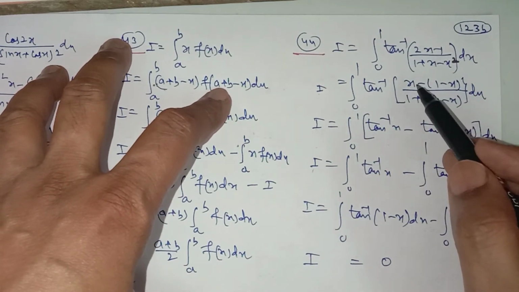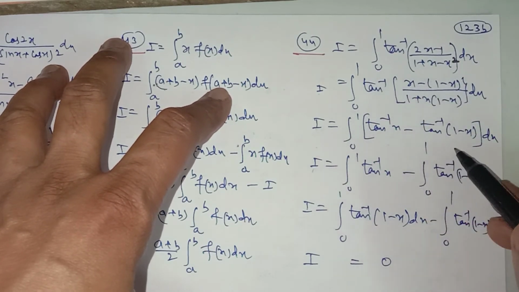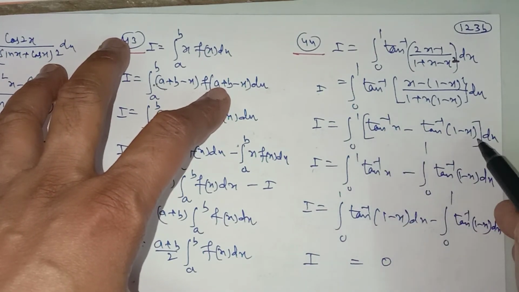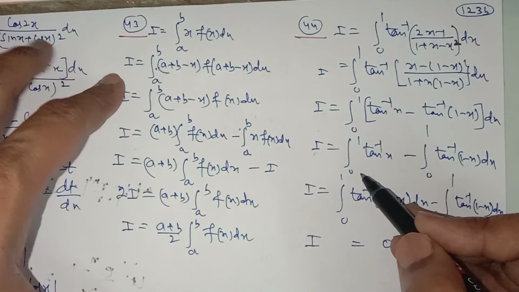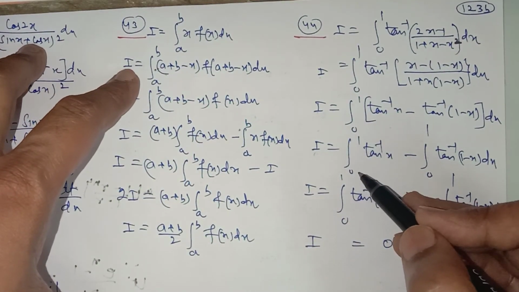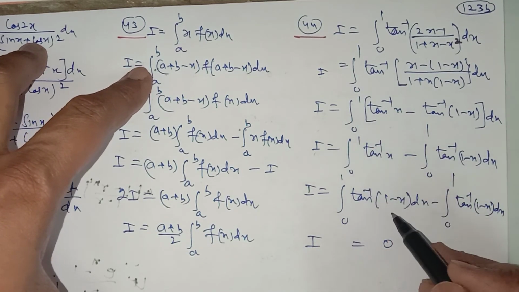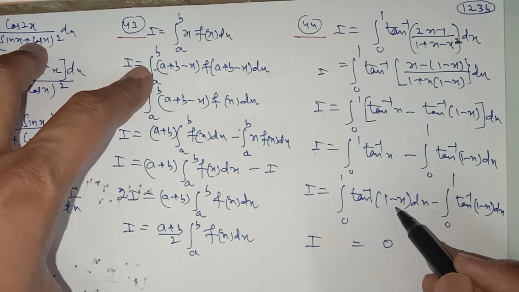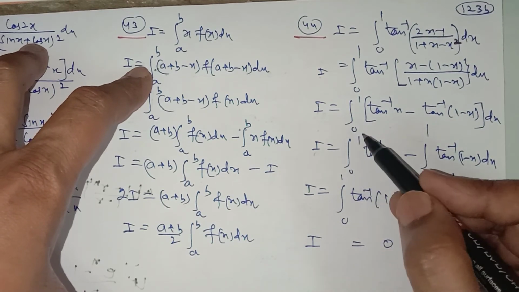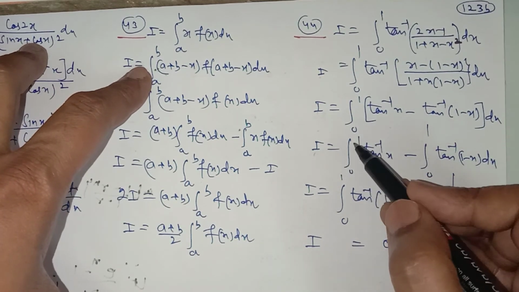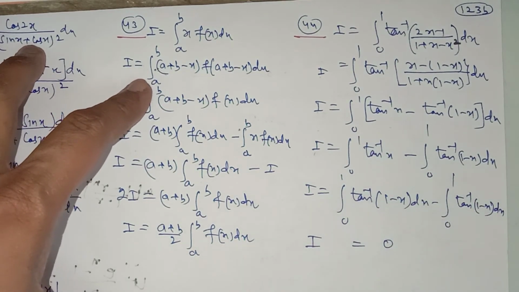It is a formula of tan inverse a minus tan inverse b, which is equal to tan inverse A minus tan inverse B. You break into two integrals, and here in the first, using the formula of definite integral, in place of x you can write a minus x. So in place of x you can write 1 minus x. This is the first important property of the definite integral. With 0 to a as the limit, in place of x you can write a minus x, that is 1 minus x you can write. This will be cancelled out with this, equal to 0.